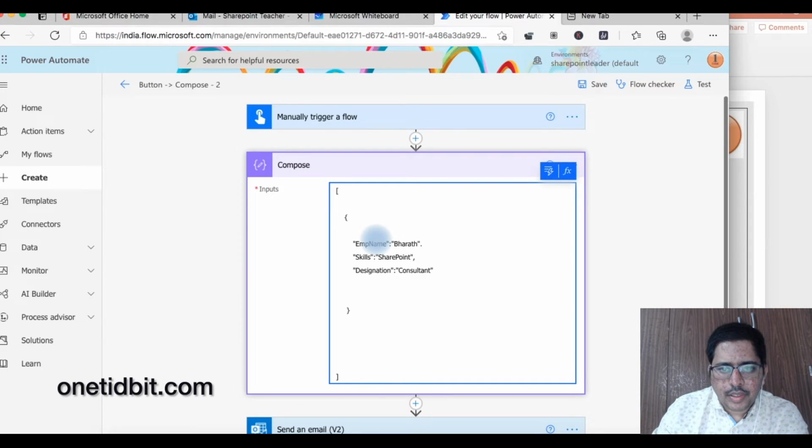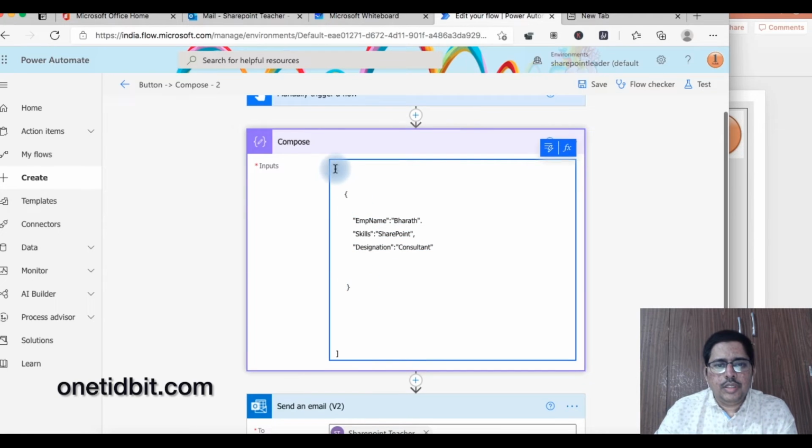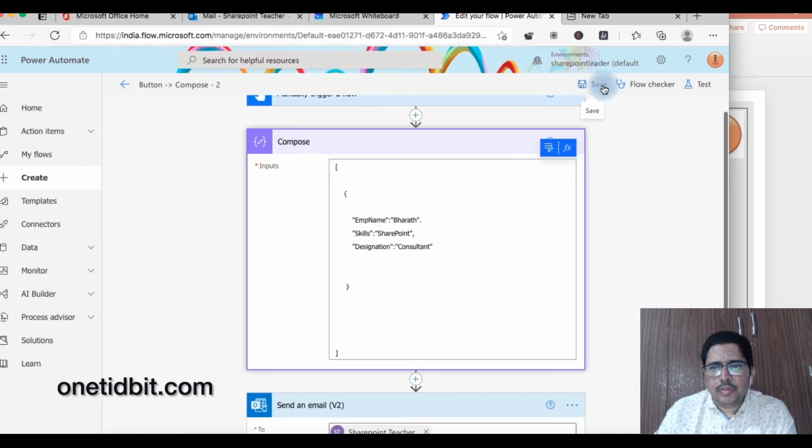Okay, this is one object. Now the same array, so this is an object now. Okay, this is an array. In this array we have an object here. So save,